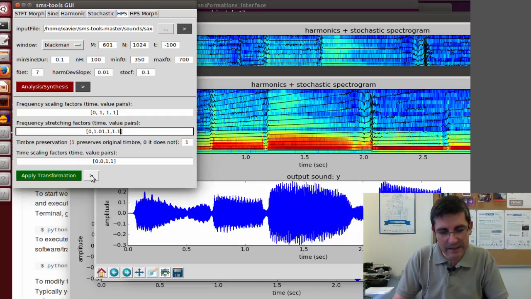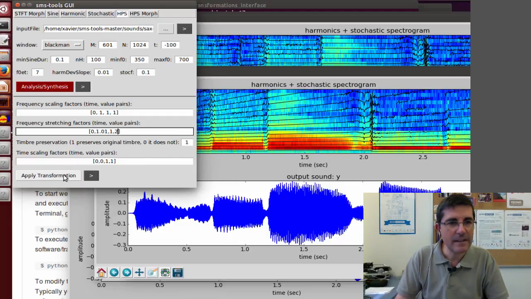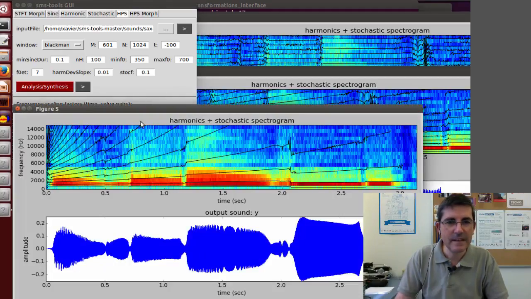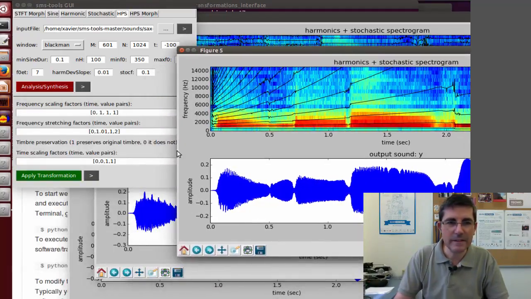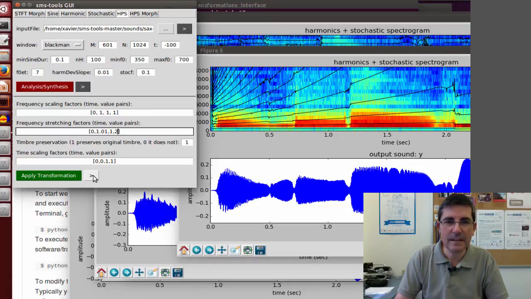Of course, if we make a larger stretching, we can have a much stronger effect. And this will be very pronounced. Okay, and we can go back to the no transformation in terms of frequency stretching, and 0, 1, 1, 1,